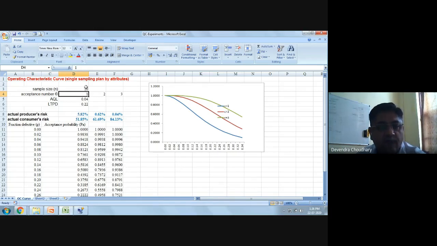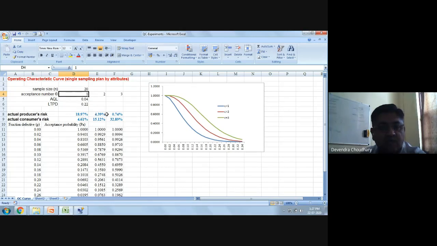Again, for any value of sample size, the producer risk will decrease with acceptance number and consumer risk will increase with acceptance number. But let's now analyze the effect of sample size. When sample size is low, say 10, producer risk is significantly low, but consumer risk is quite high. Now if I increase it to 20, you see